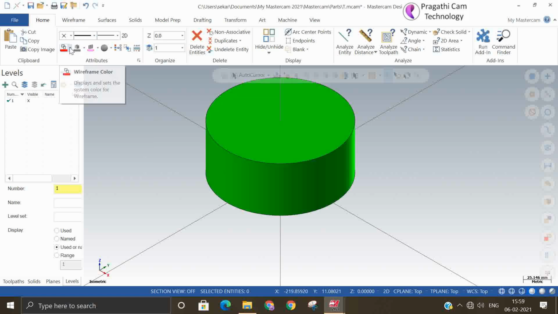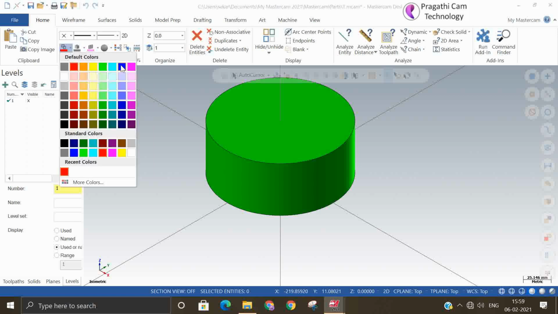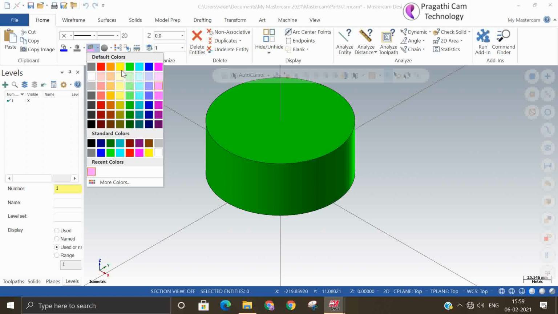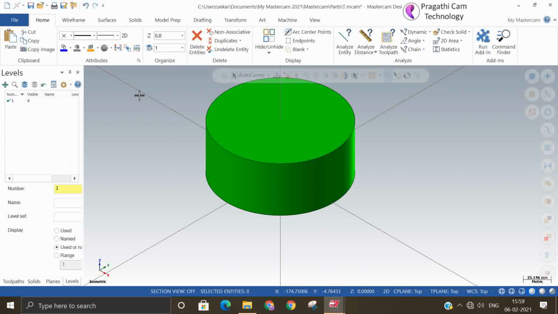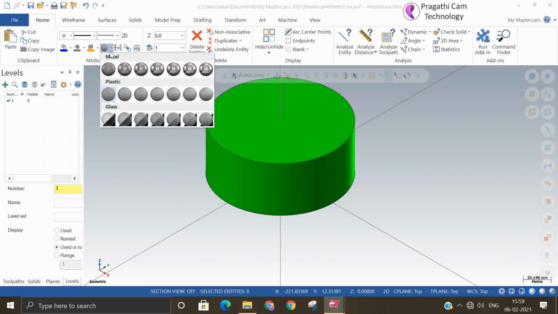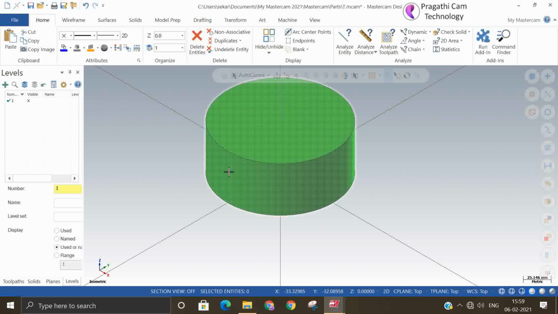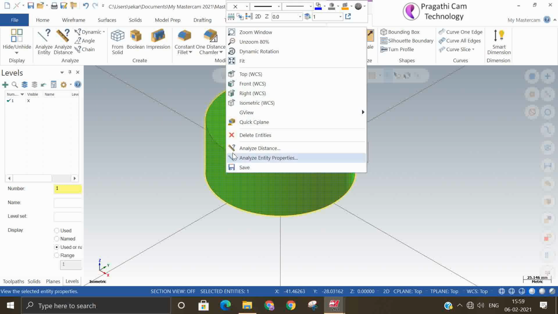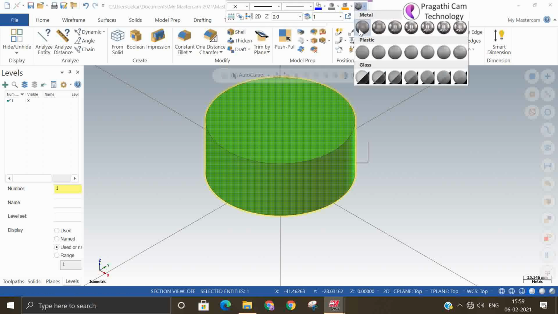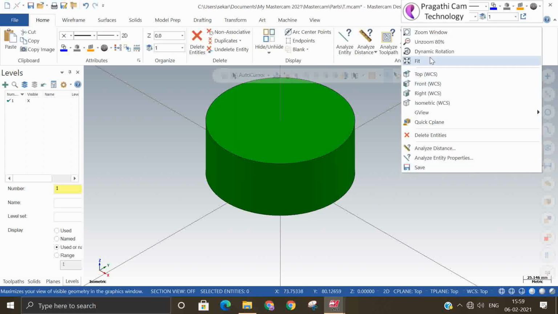I'll change the origin base color. I'll change it first. Okay. I'll reset to default now. Here, right click also gives the same menu.